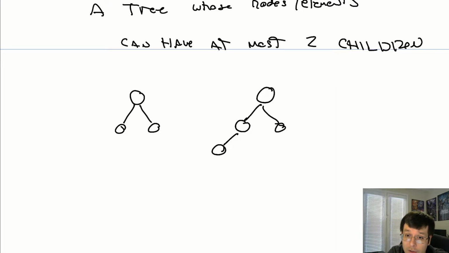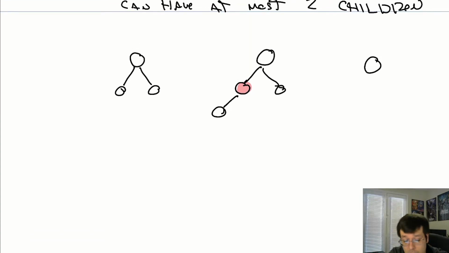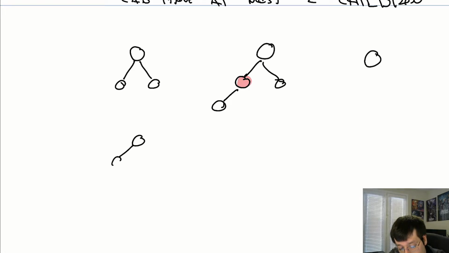This is also a binary tree. Even though this node only has one kid, it's still a binary tree because it can have at most two. It doesn't mean you have to have them. It just means you can, but you can't have more. If you're limited to having one kid, you can also have no kids at all. It's optional. By that same token, that can be considered a binary tree, even though it's just a single node. This can also be considered a binary tree because, again, it's only one kid at a time, but it's